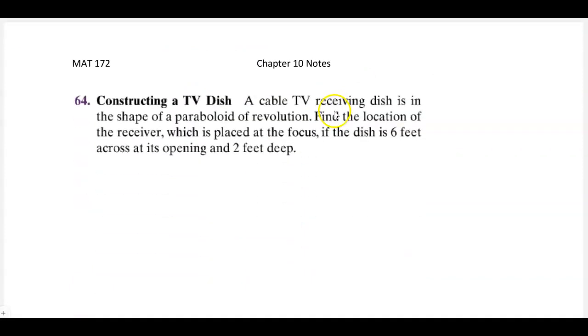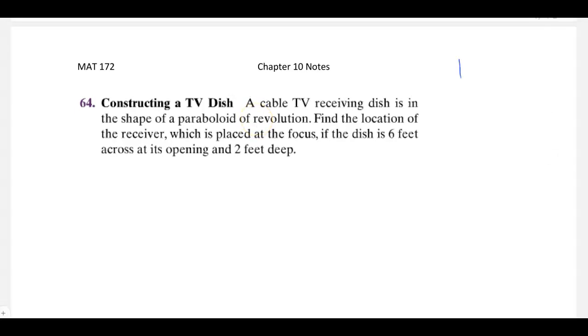All right, the last thing we're going to do in this section is a word problem. A long time ago, the satellite dishes used to be shaped like a parabola if you were to take a cross section. Now they're more elliptical shaped, which gives you better reception because you're going to have two foci in there. But they used to be,